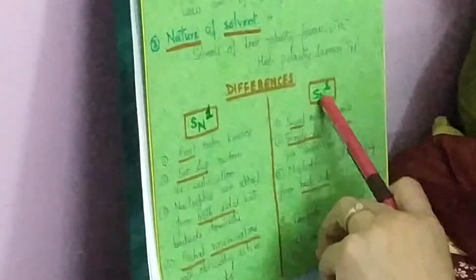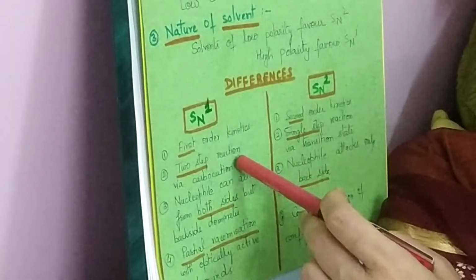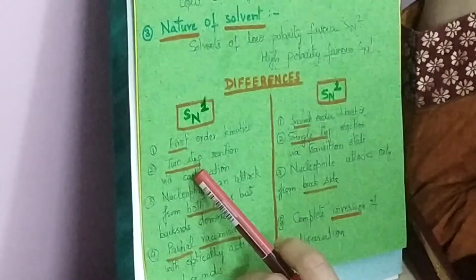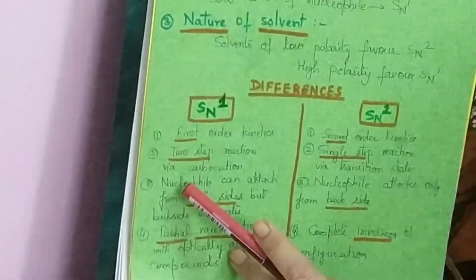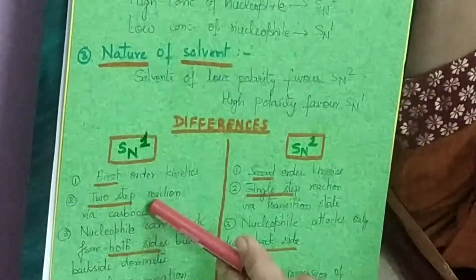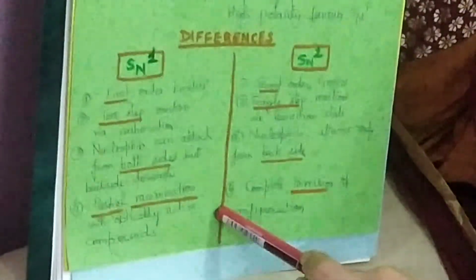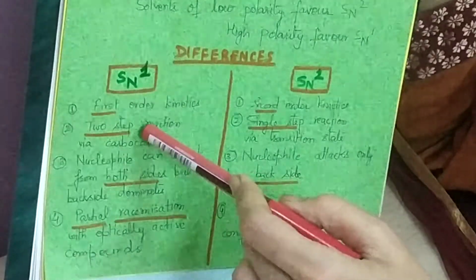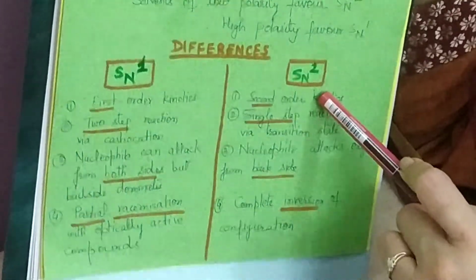being a two-step case. So now if we are to write the differences in a tabulated manner, if the question is asked in your examination, then you have to write it actually in this form. So SN1 reactions and SN2 reactions, is it clear to you? You can put a line here in between, and then SN1 and SN2 reactions. The SN1 reactions, they follow first order kinetics. SN2 reactions, they follow second order kinetics.